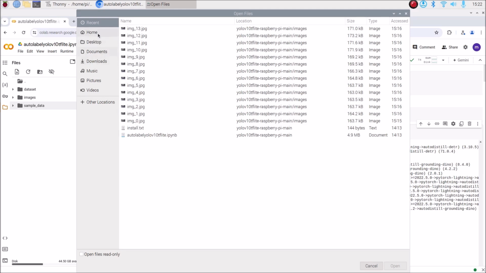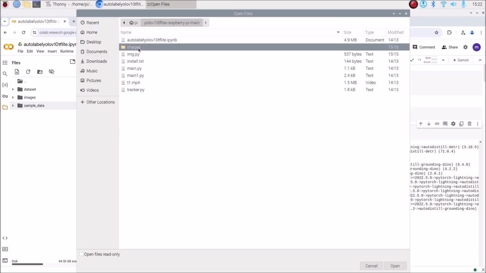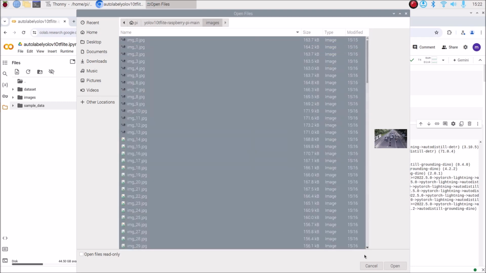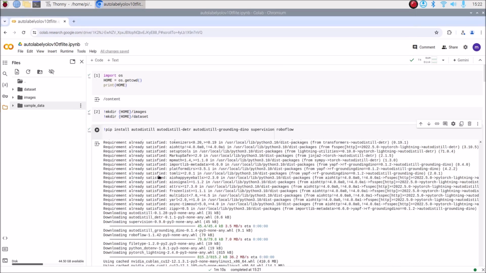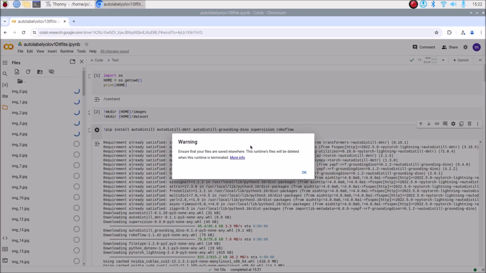So now simply go to the home, then go to the repository, go inside the images folder, and we have all those images. Just press Ctrl+A, select all the images, click on open, and it will upload all the images on our Google Colab machine. As you can see, it's uploading. Here we simply click on OK,